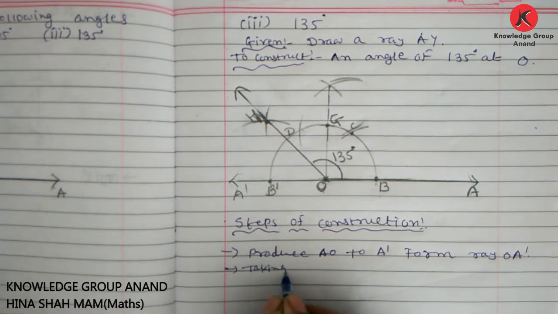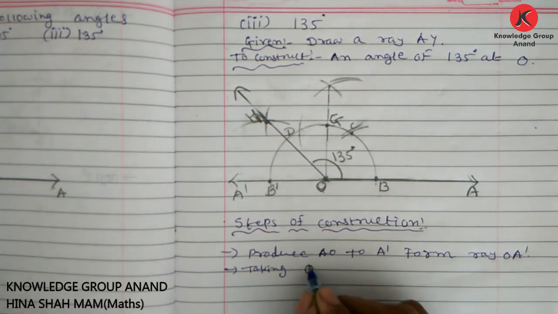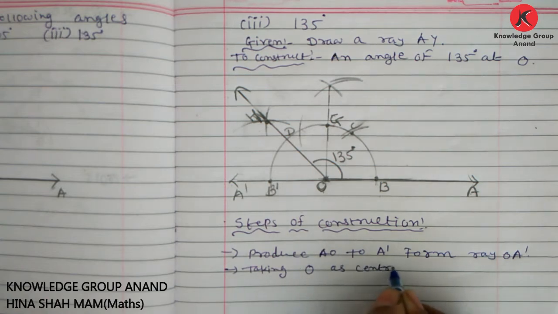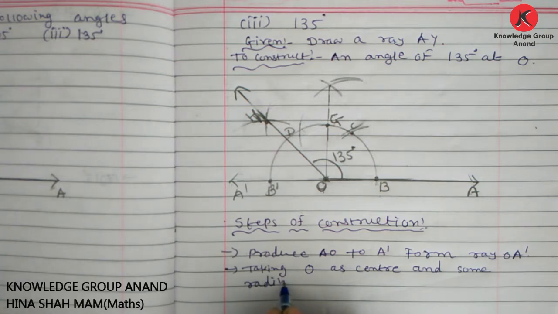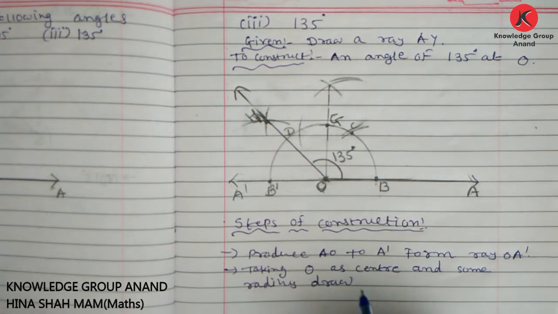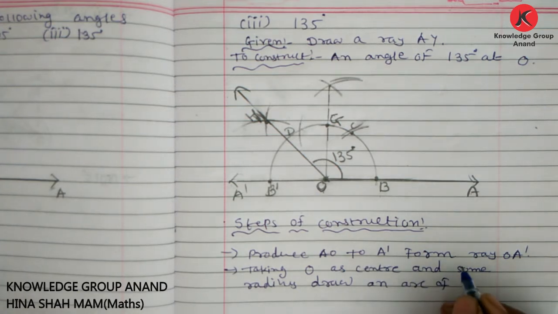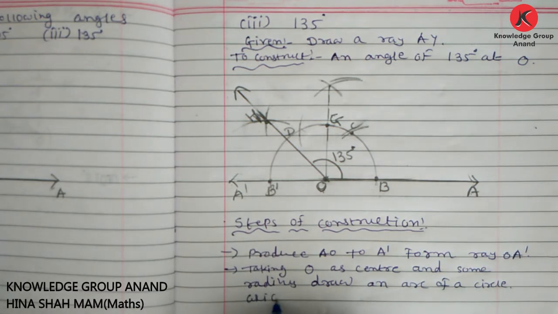Taking O as center and some radius, we write in all constructions: draw an arc of a circle which intersects OA